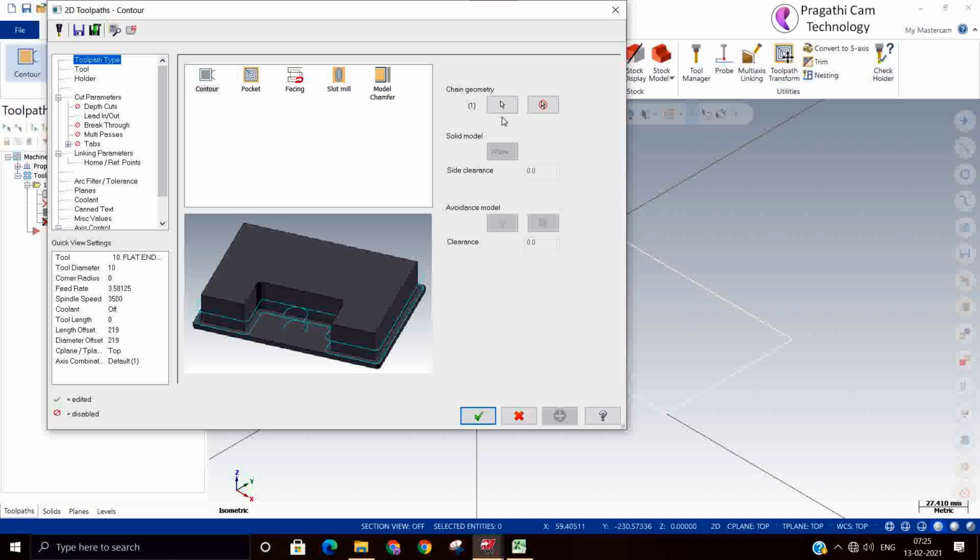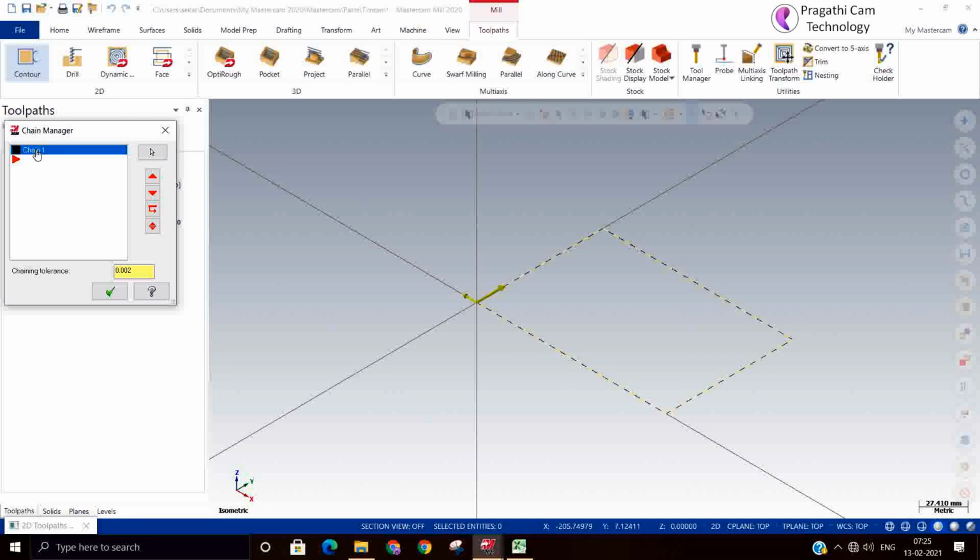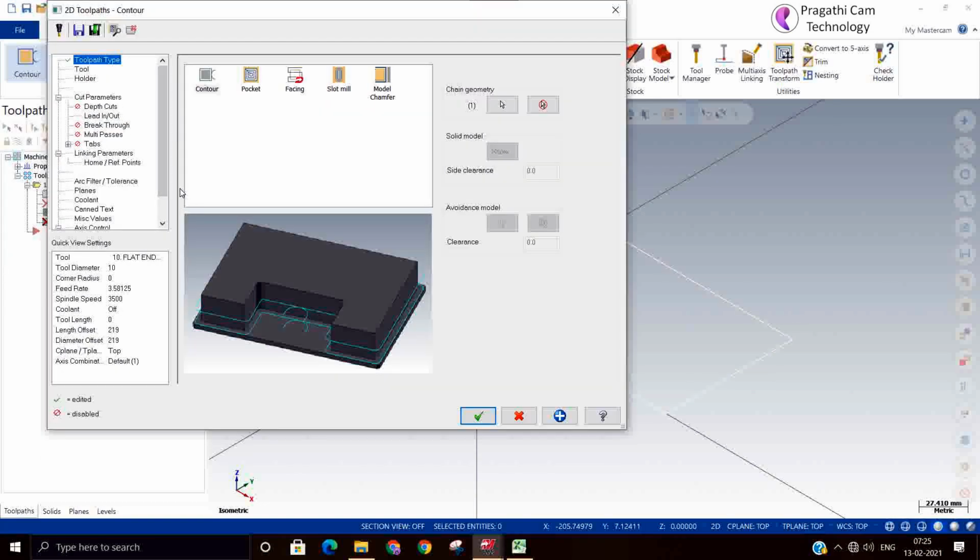You can see which geometry you have selected, and if you want to rechain or add chain, you can click it from here. In case it is a solid model, the solid model will be visible here. Some places you don't want to machine, you can use this avoidance region also. So here you can give the avoidance region.